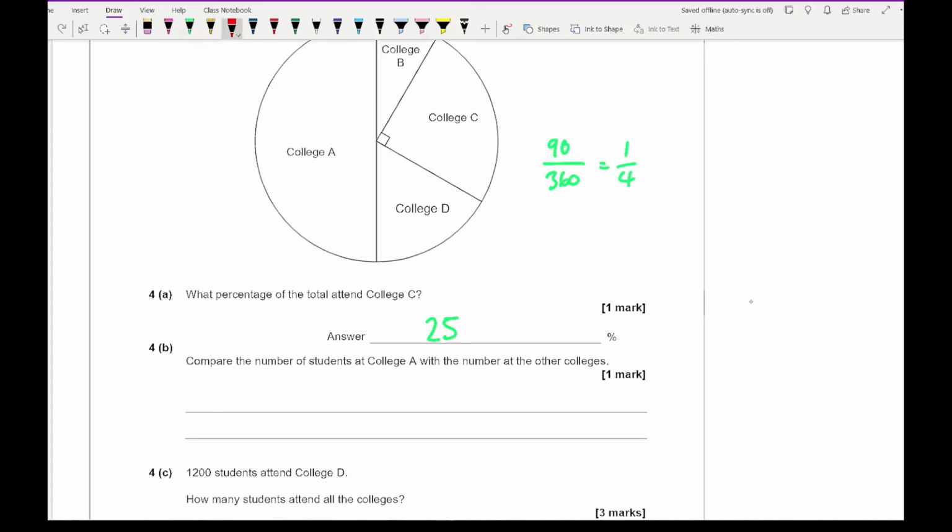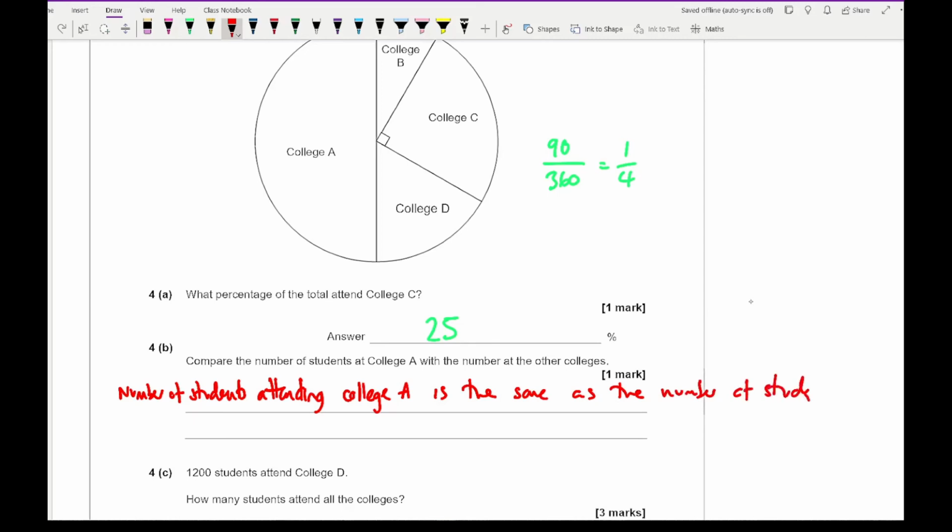So a statement that says that the number of students attending College A is the same as the number of students attending all other colleges, or you could name it as College A, B and C combined. So that would be one statement you could say, but again you could then compare College A to any of the other colleges. So you could say that there are